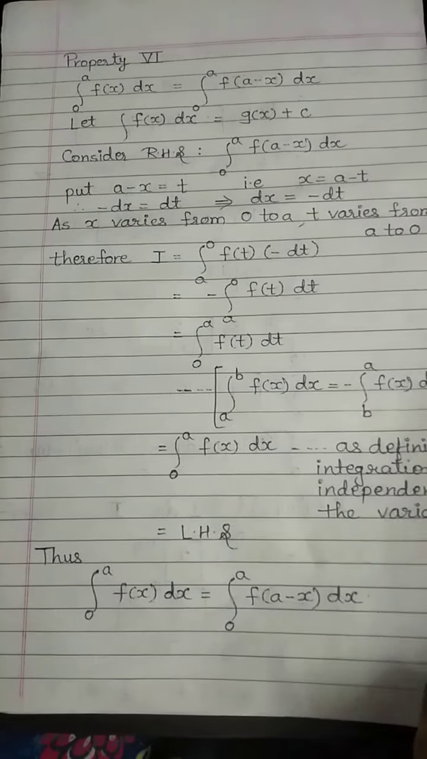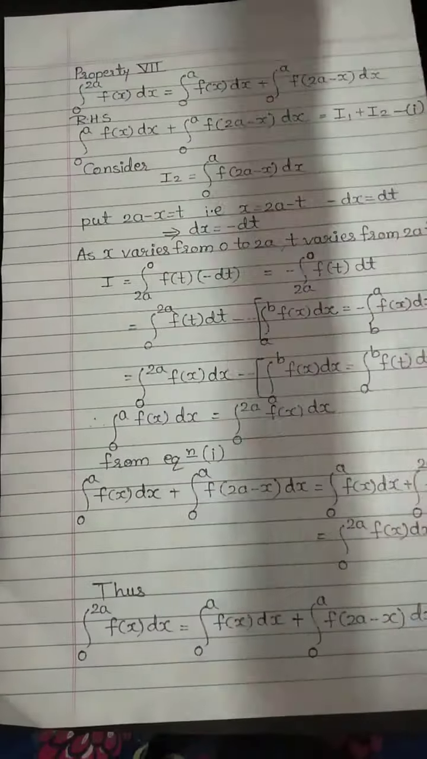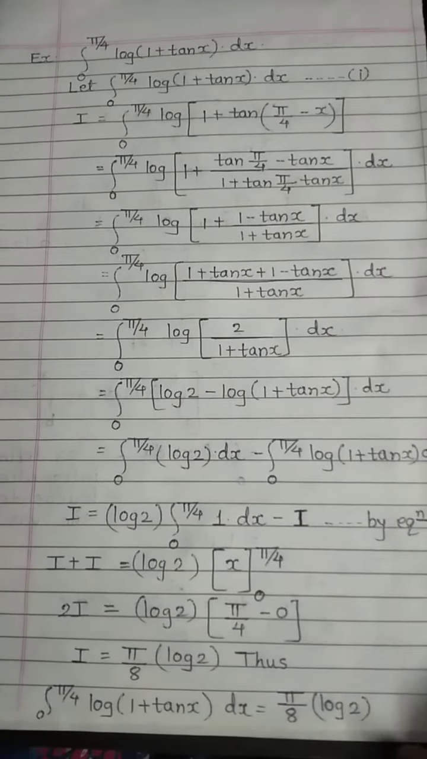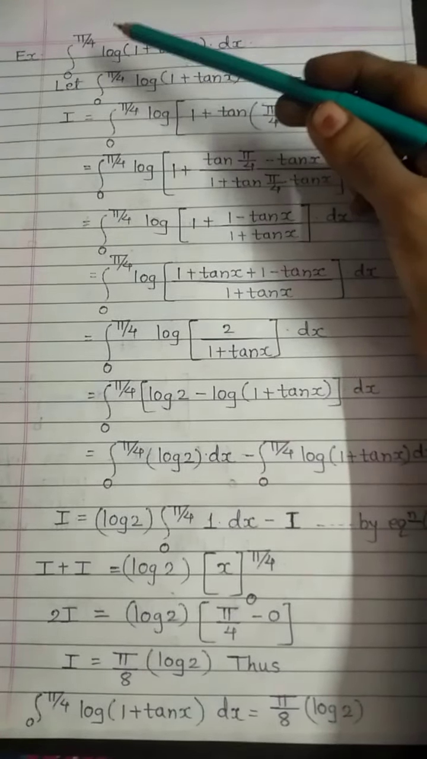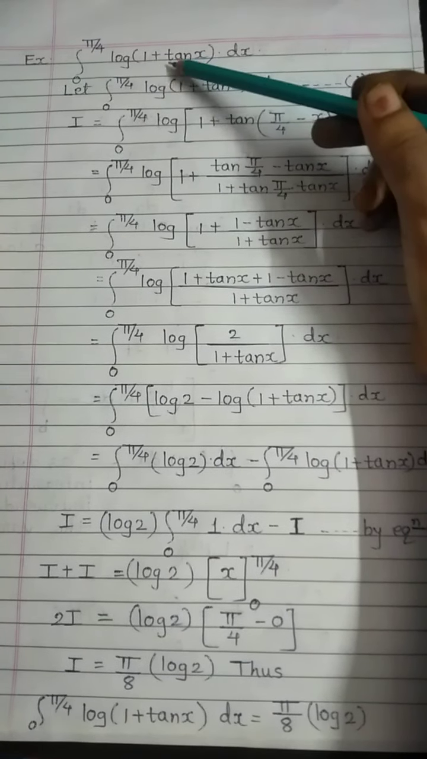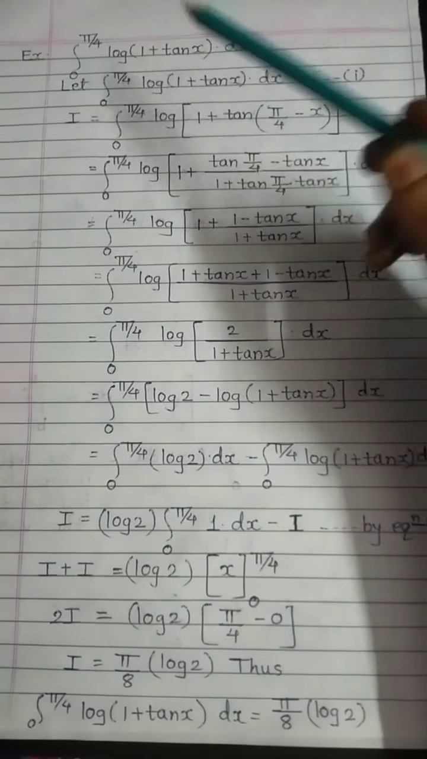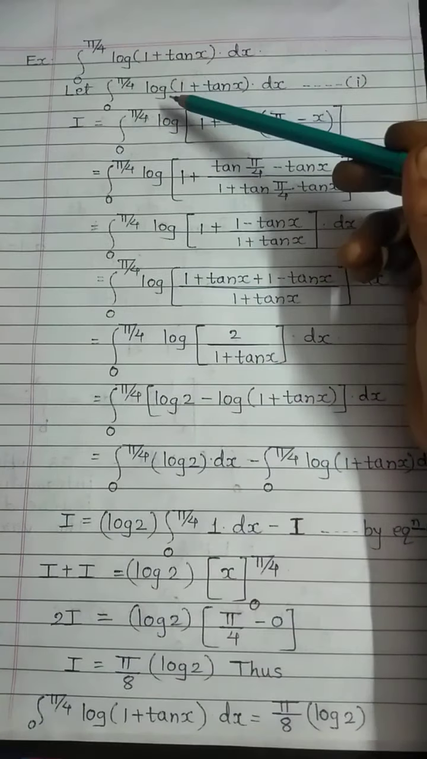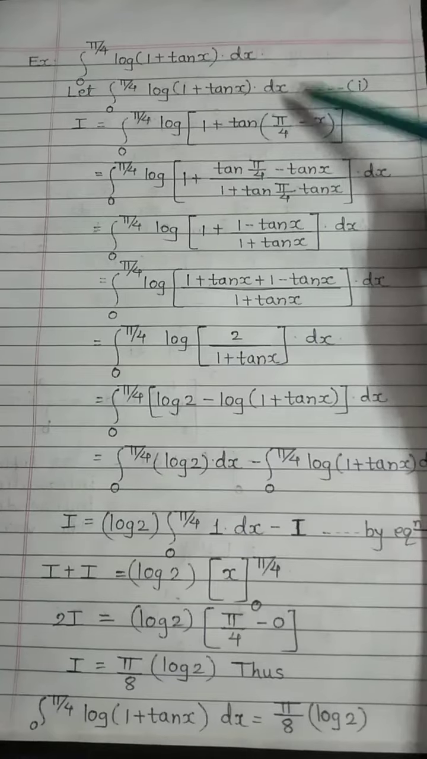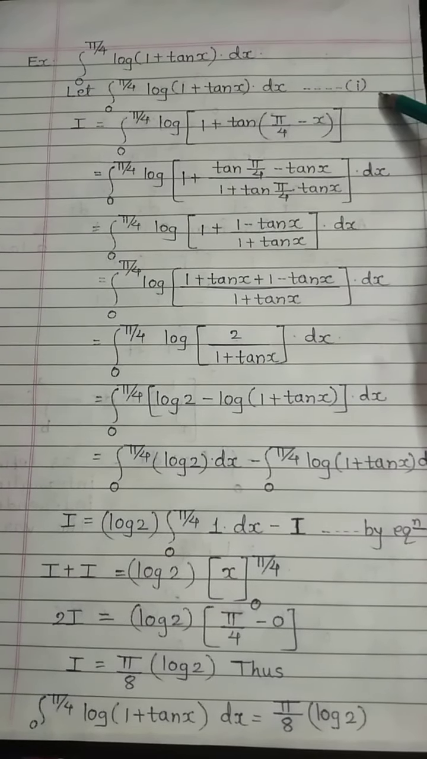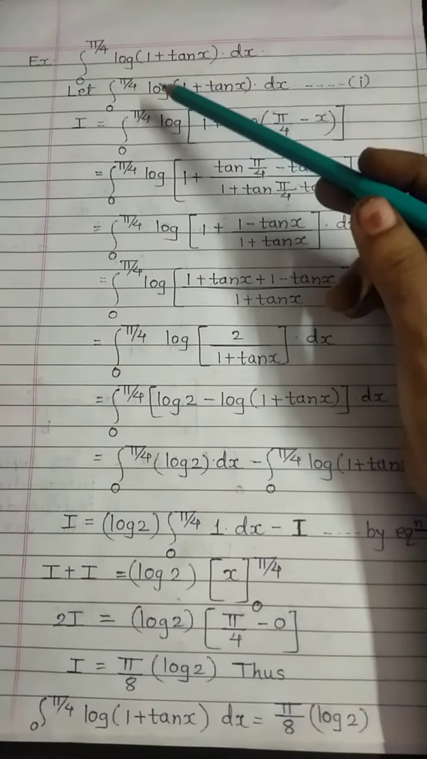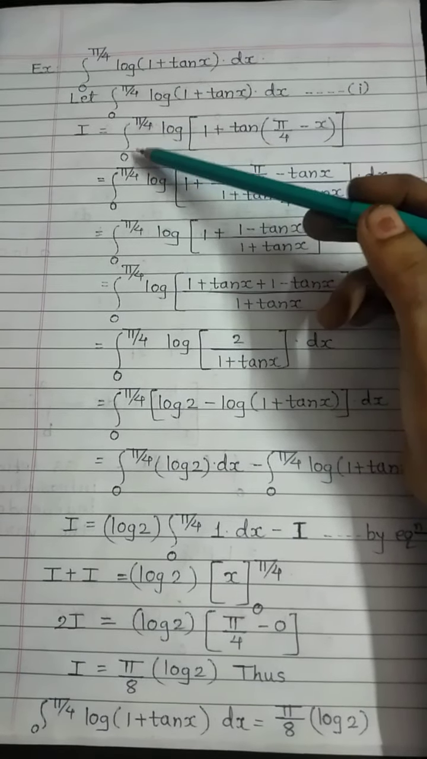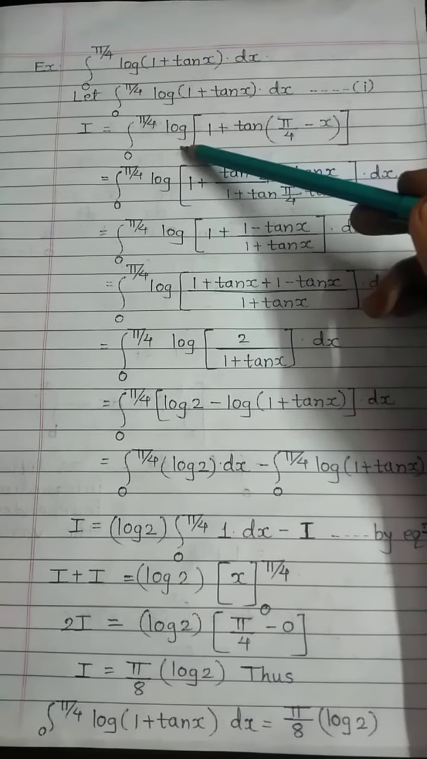Now we are going to learn an example related to this property. So let's consider the example. Integration 0 to pi by 4 log of 1 plus tan x dx. Let this integration 0 to pi by 4 log of 1 plus tan x dx be our equation number 1. Now we are going to consider this integration as I. So we have I is equal to integration 0 to pi by 4 log of